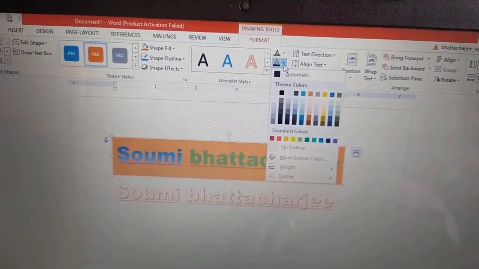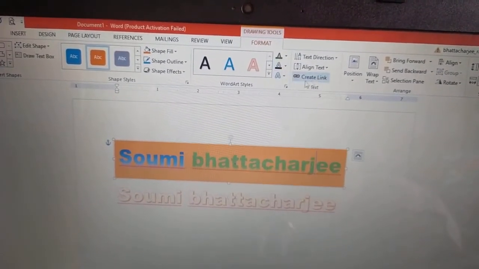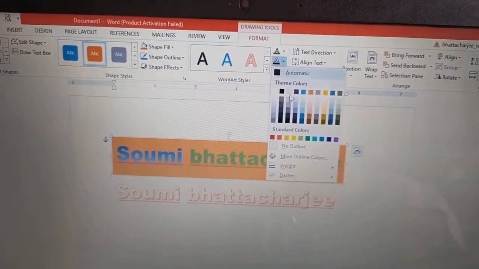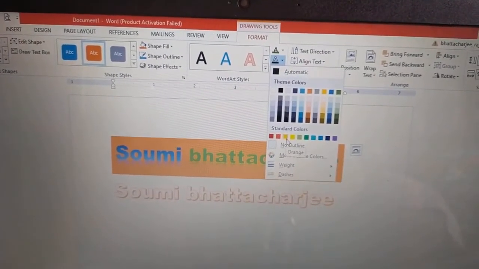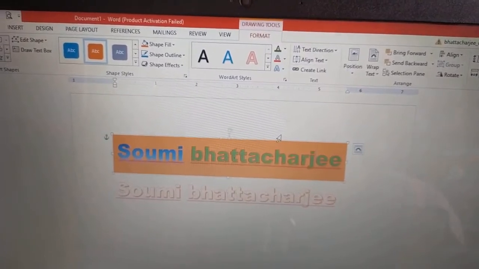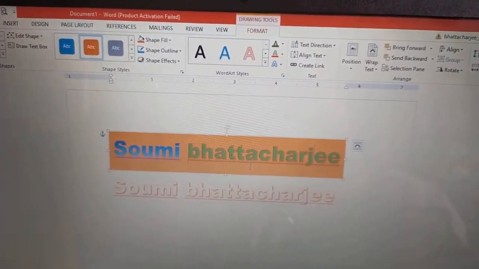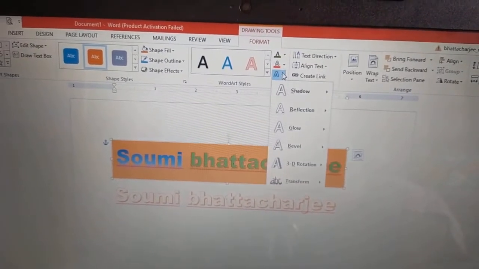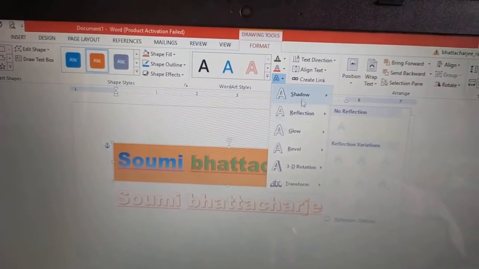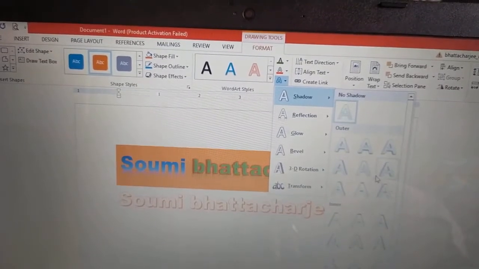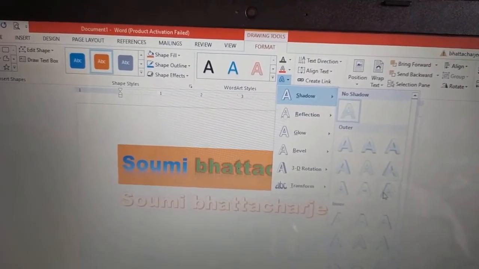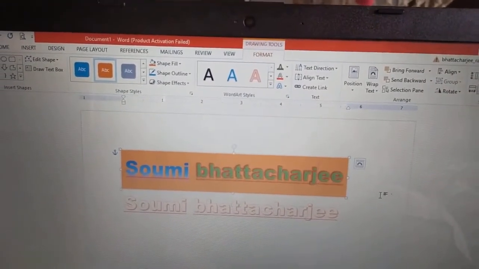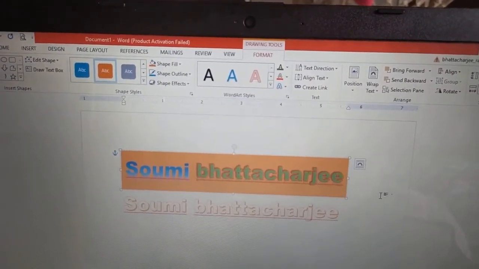Next is text outline. The outline of the words will be changed. Next is text effect. The shadows and the glowing will be done in text effect.